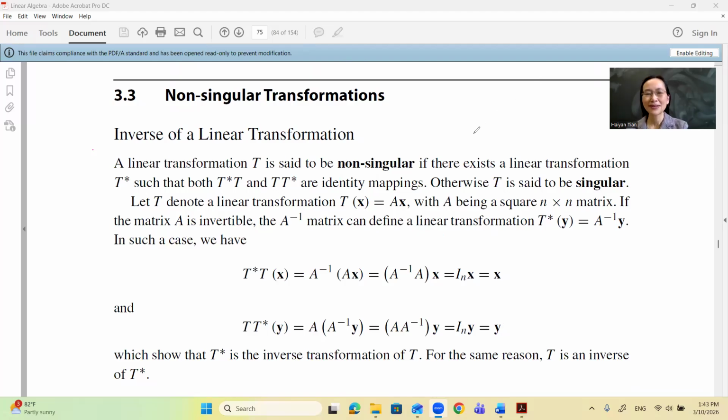Non-singular transformations. So from the title, it is a kind of transformation. They are called non-singular if the following condition is true. So non-singular is only a terminology, but it means if